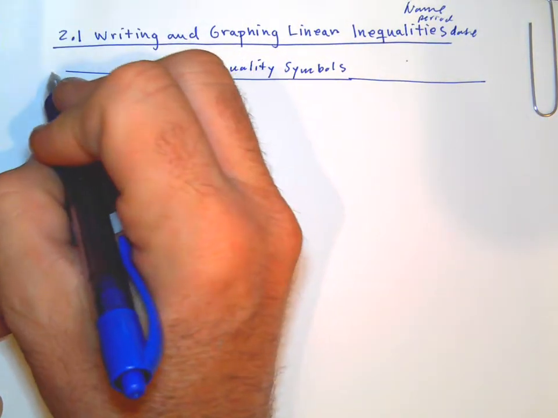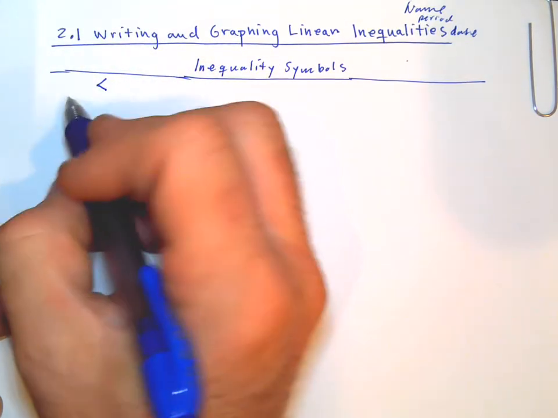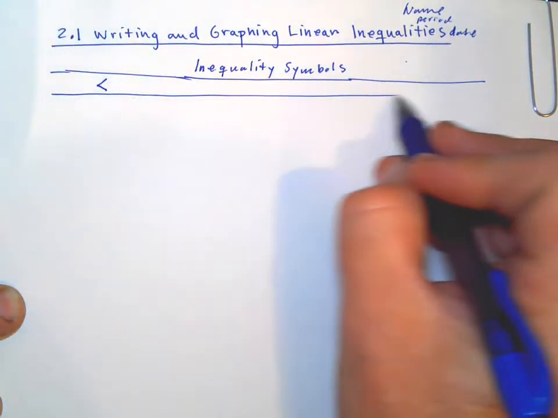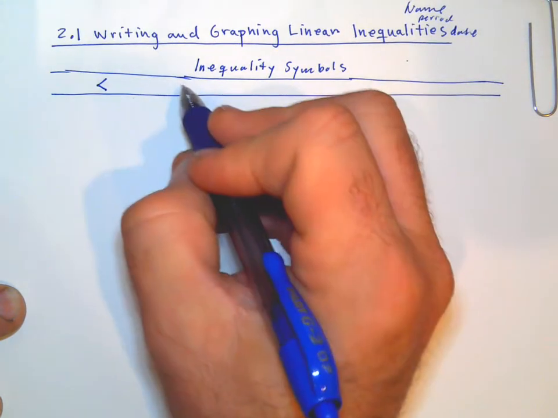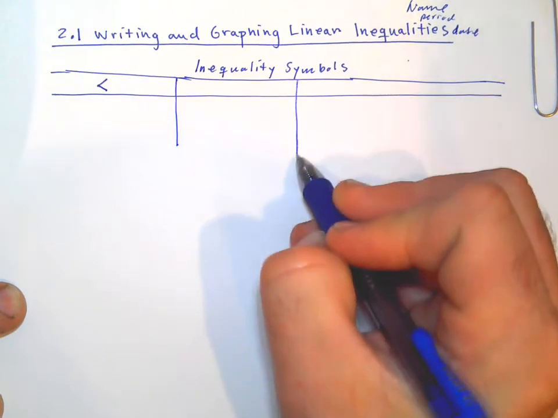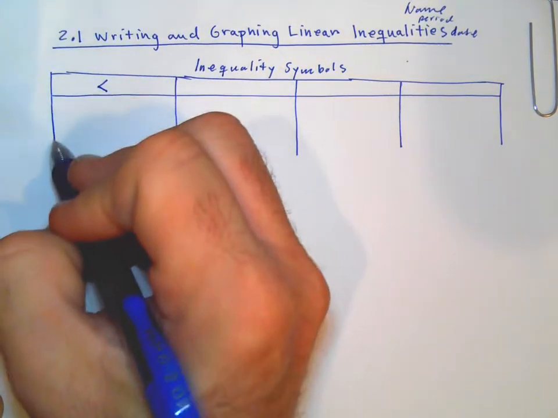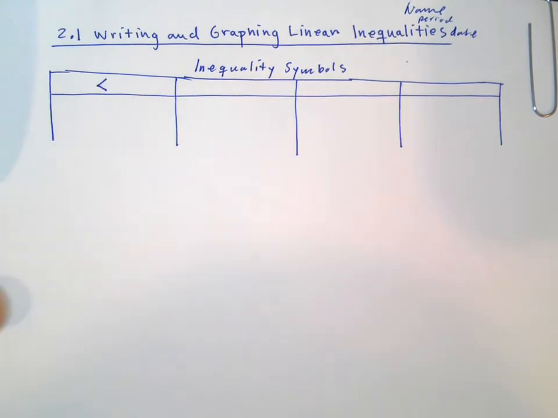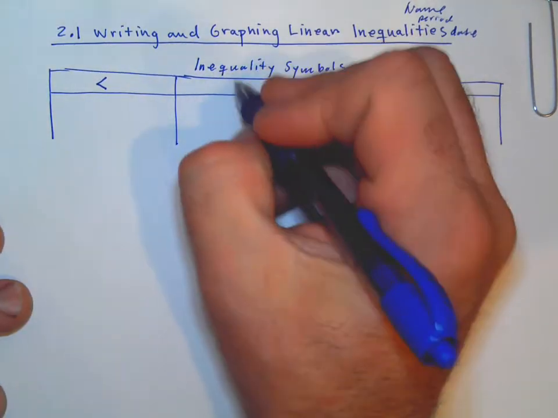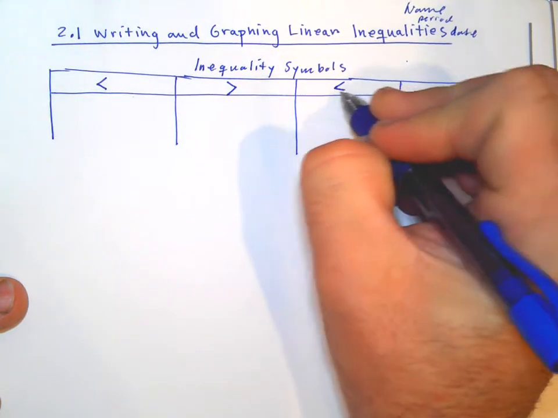We'll start with this symbol. Let's get our table all ready. Break it up into fourths. Okay. All right, so we're going to do that symbol, this symbol, this symbol,